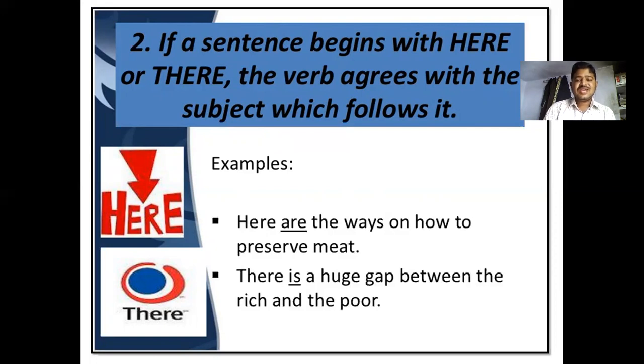Second one, look at this: there is a huge gap between the rich and poor. Huge gap is the subject here, and it is singular. So we say there is a huge gap between the rich and the poor. Next, let's go through